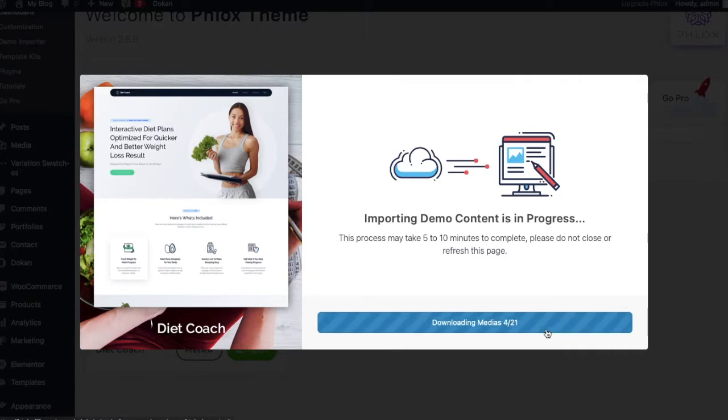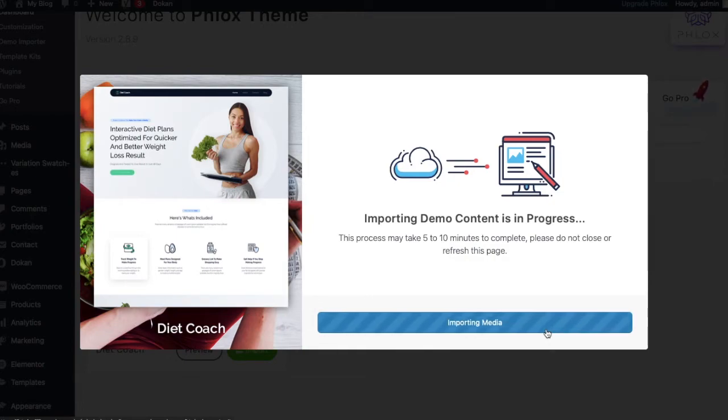It will not take much time in importing, as HTML is simple. Images are also already downloaded with the theme, so it will not take much of your time. So I'll not be skipping this part of the video. Just see how the process works, and it is easy. And just please remember that you have to install all the plugins and activate them one by one, or you can do it by the bulk action already provided by default in the WordPress website. So it is already installing. It is a few seconds more and I'll show you how my website is looking.